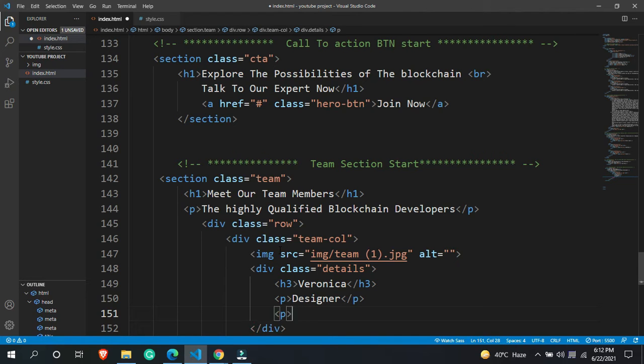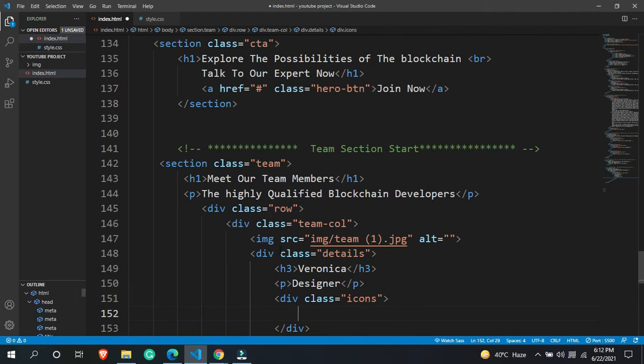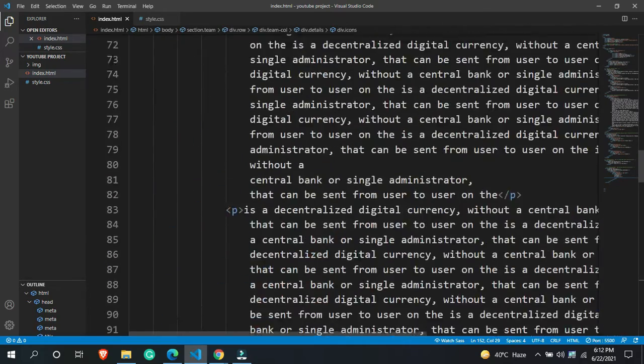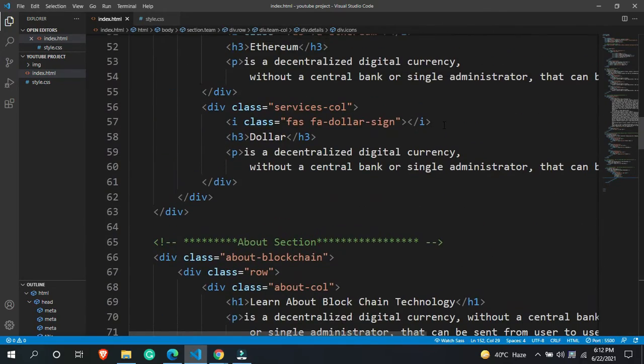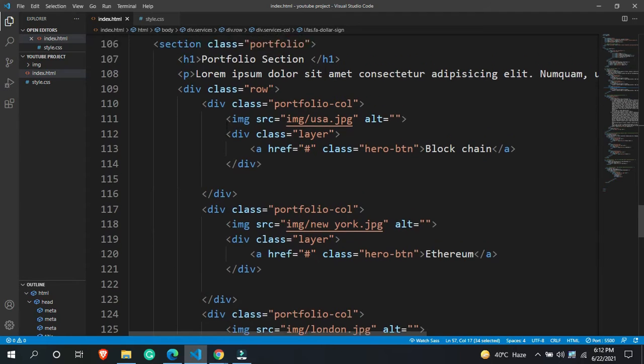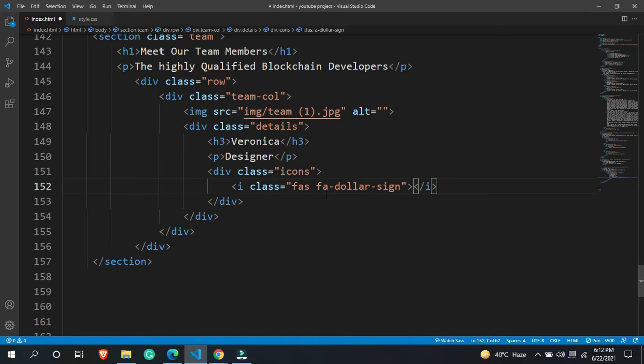Then after that I want to add some icons. I just took an icon class over here, so let me paste an icon. Let's grab this particular icon, which is fas, and basically we want social media icons.